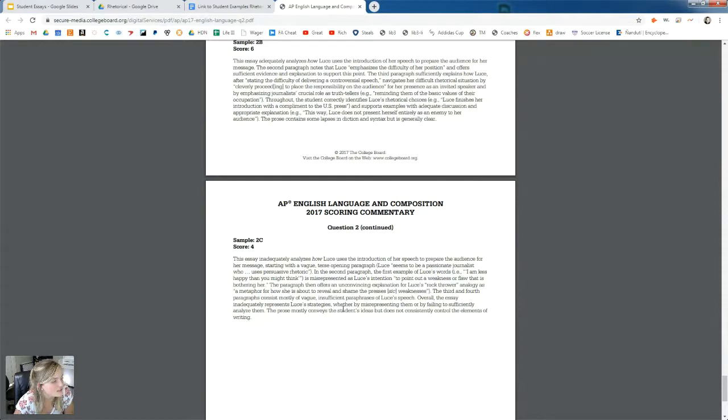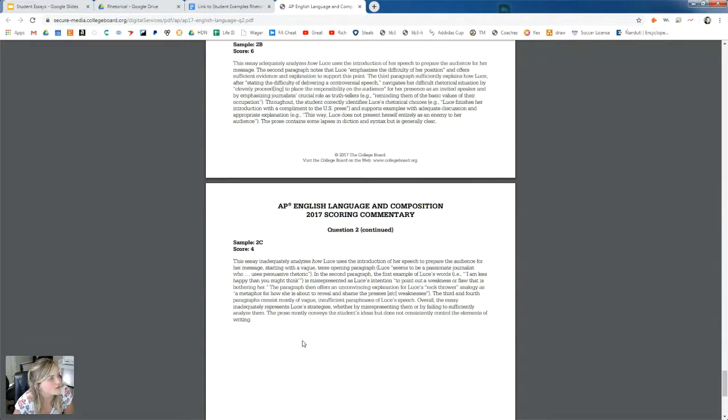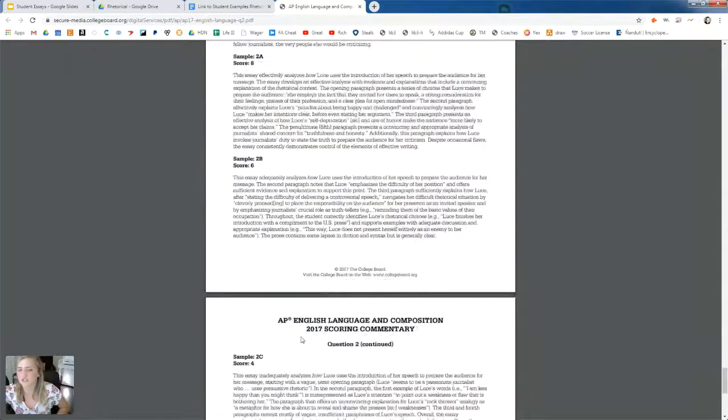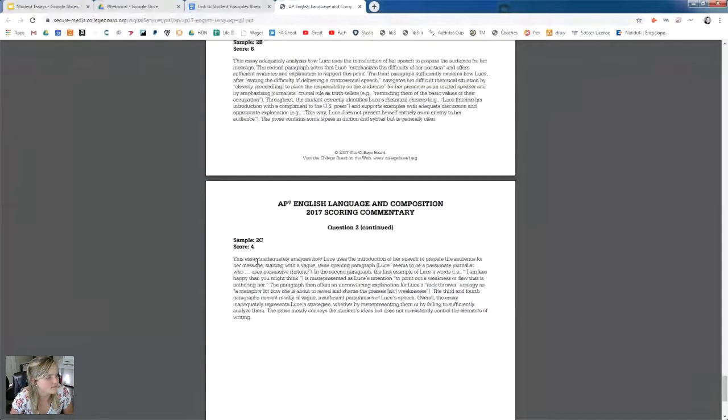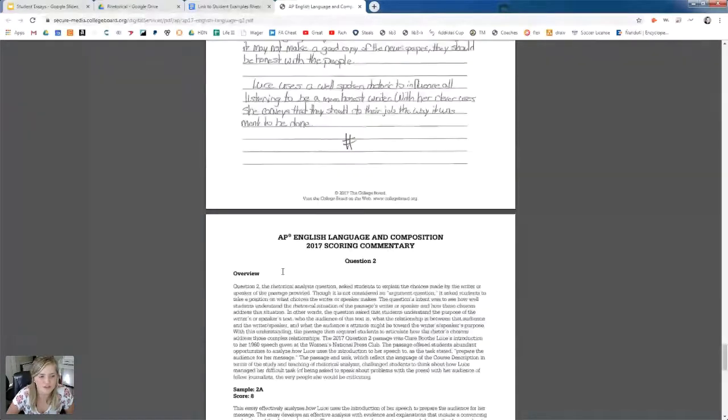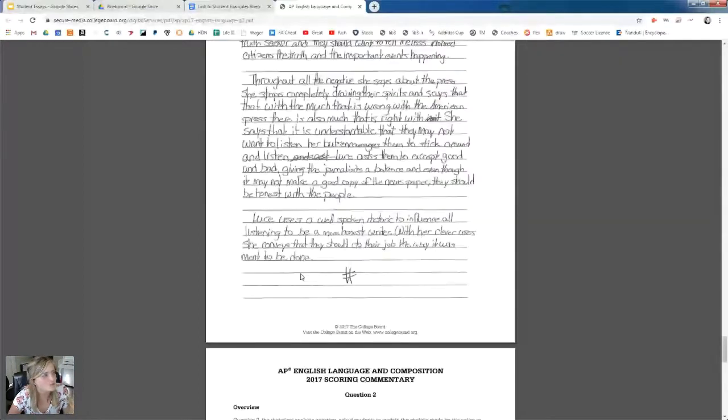"The prose mostly conveys the student's idea, but does not consistently control the elements of writing." So that would be an example of things to avoid. Things to avoid in rhetorical analysis is just summarizing. And honestly, if you want to do this on your own, this is good practice, especially as it comes closer to test time. It's just printing out student examples and guessing what scores they got and then comparing, because these are all available online. But let's go to